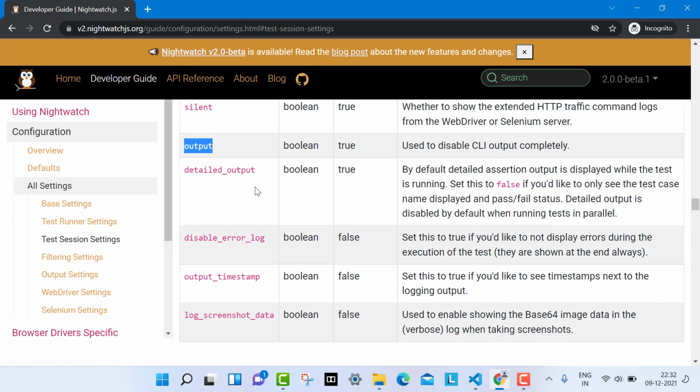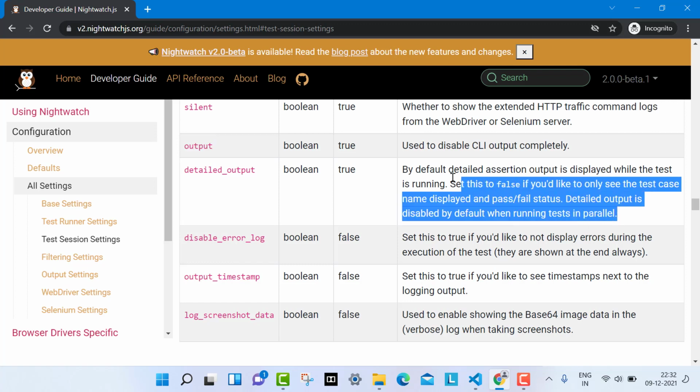The next is detailed output. By default, detailed assertion output will display while the test is running. Set this to false if you would like to see only the test case name displayed as passed or failed. Detailed output is disabled by default when running tests in parallel.